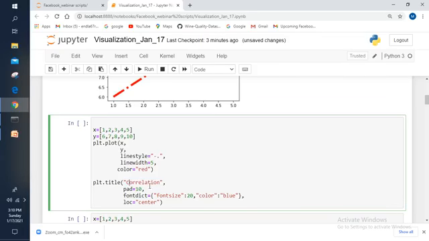Here I'm specifying the name as correlation. I'm specifying the pad parameter as 10. This pad parameter will give you the distance between the axis and your title. And if you want to increase the font size, or give any kind of color, then you need to use the fontdict parameter. Within a dictionary format, you specify the font size and the color.